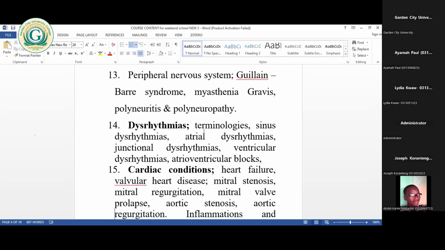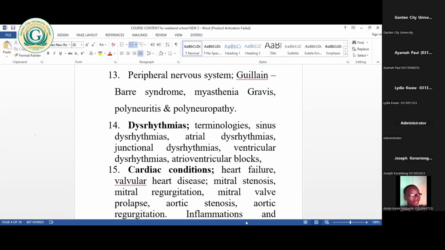Terminologies here, we look at sinus arrhythmias or dysrhythmias. Then we look at atrial dysrhythmias, and we look at junctional dysrhythmias, ventricular dysrhythmias, atrioventricular blocks, where the impulse doesn't reach the ventricles at all, but rather is arrested at the atrioventricular node. Then we move on to look at cardiac conditions. So here we look at heart failure, valvular heart diseases,